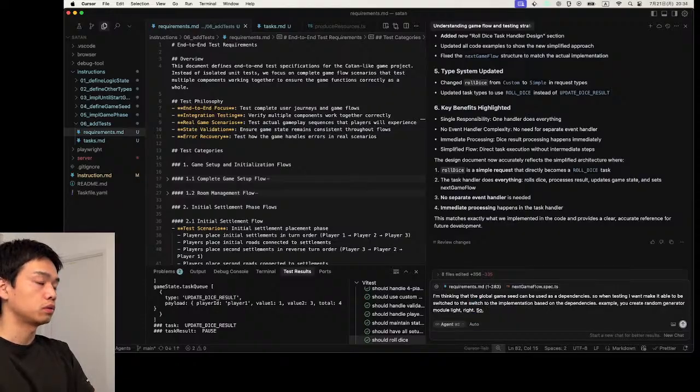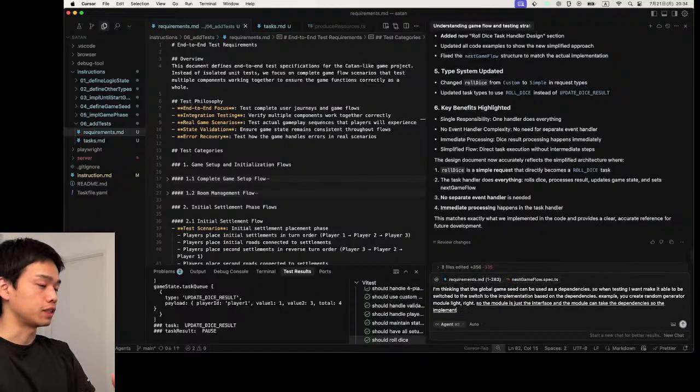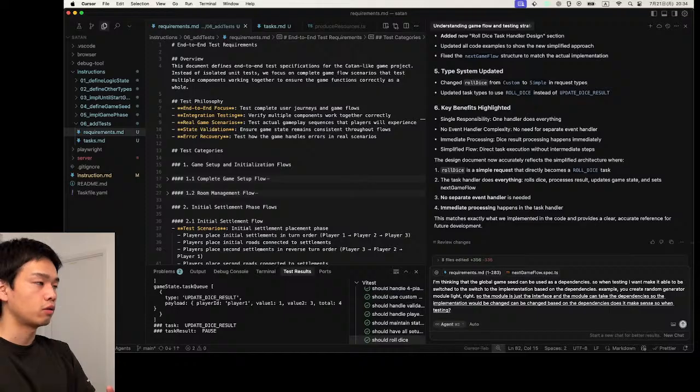So the module is just an interface, and the module can take the dependency, so the implementation can be changed based on the dependencies. Does it make sense? So when testing, we can specify the global game seed